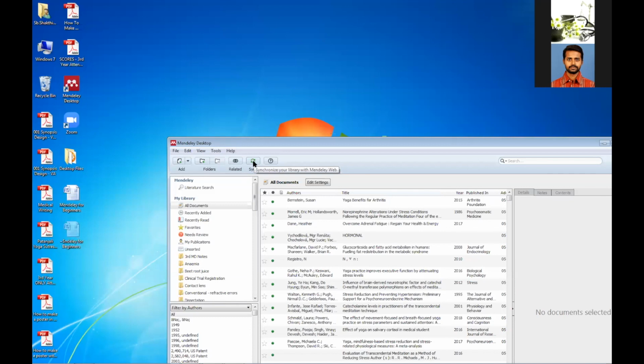If you press this sync button, it will synchronize the work what you did in your college computer, and your computer in your hostel will have all the files and all the works what you did. Everything will be synced in real time when you press this sync button. So what works you did in your hostel, you go back to college and press sync, or actually it will be automatically synced when you open the account anywhere else. So this is the advantage.